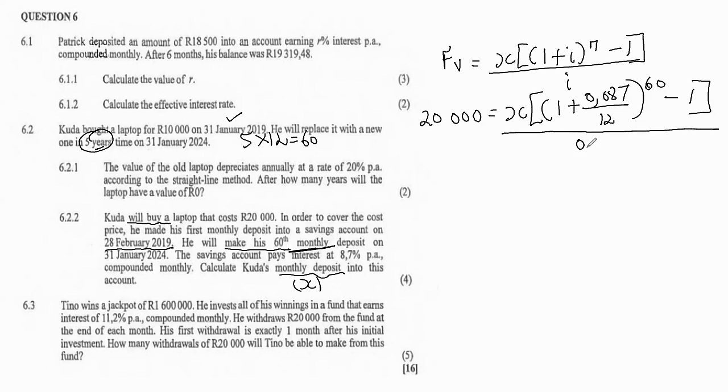So here we have 0.087 over 12. Now to be very, very neat with your maths, all you have to do is take this, cross multiply it with that one. So note, you make X the subject of the formula, take this 20,000, cross multiply with the 0.087 over 12, and then just take all of this. So whenever you are calculating the X amount, whenever you are calculating the regular payments, this is always the method. So take this, cross multiply it with that one, and take this portion here over to the denominator. So it makes everything quick,